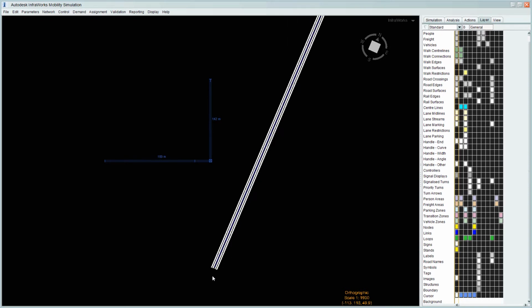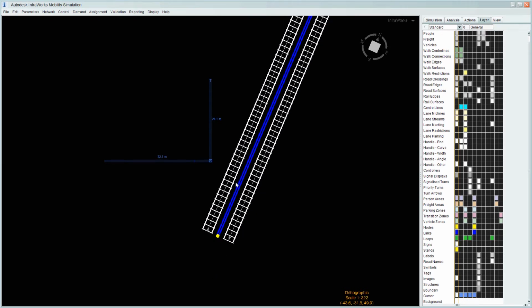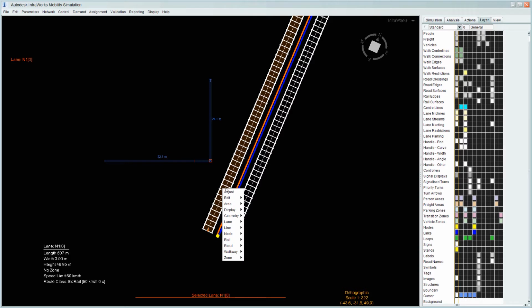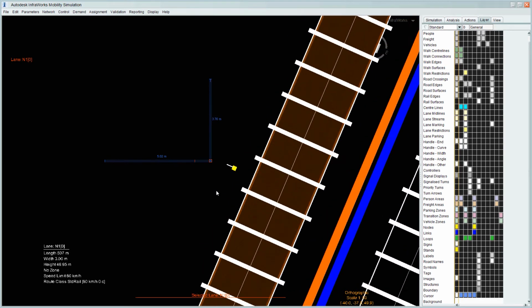So if we just zoom in to the ends here somewhere, and if we just select that lane, right click, and then say new stand. Okay, so you can see it there, it's quite small.